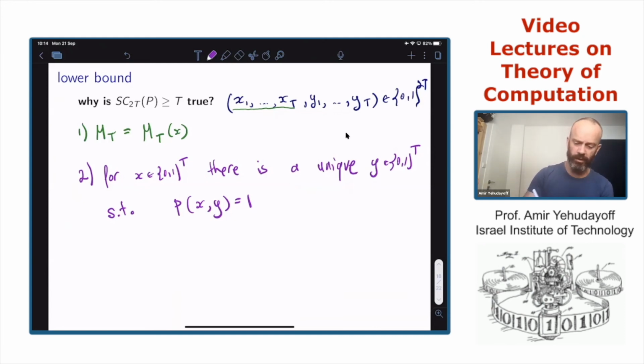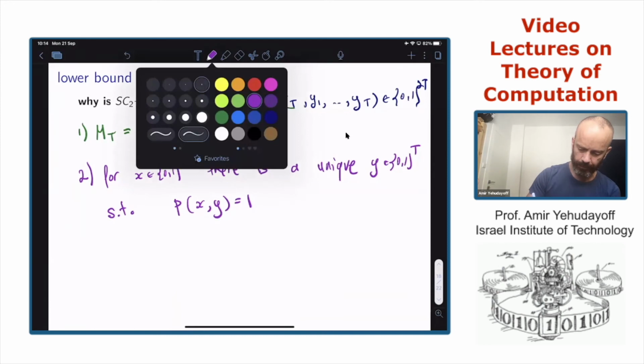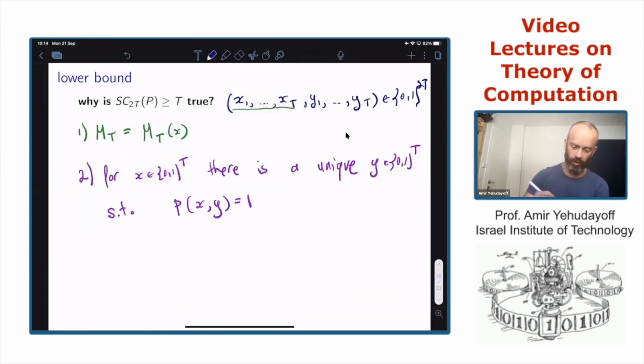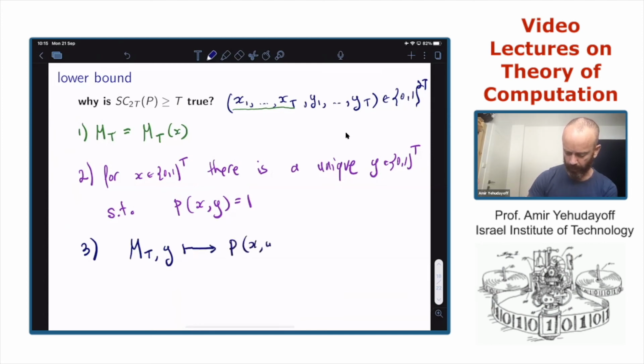Now, the conclusion from these two statements. The third property we know, this is by definition, is that if we know the memory at time t and y, then we should be able to deduce palindrome of x and y.